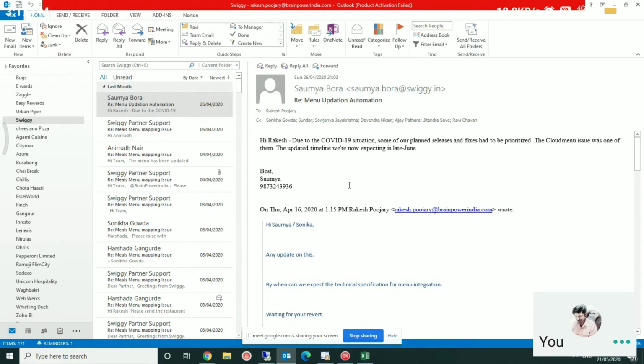If you share it on Friday morning, Saturday and Sunday they won't work. The integration team doesn't work on weekends, so they will start working on Monday only. We will get the ticket ID on Friday itself once we put in the request, but they will start working on Monday only. So from Monday you can assume 2 to 3 days of time. Suppose we are planning to launch any menu, I would suggest that we plan it on weekdays only. Weekends we should avoid.